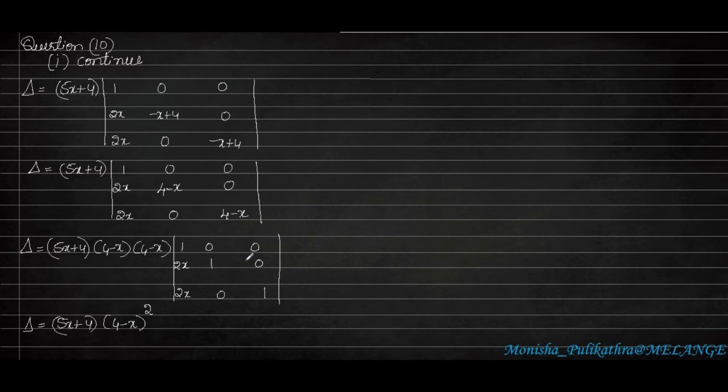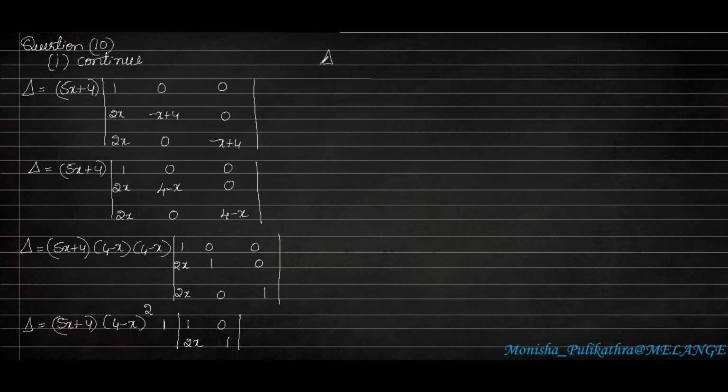So the remaining 1 into 0 and 0 into 0 will become 0. The next term is 0, 0 into anything is 0. The last term is 1. Okay, only we can take that one. If I take 1 here to take the determinant, this row and this column cancel, and this will be remaining: 1, 0, 2x and 1.